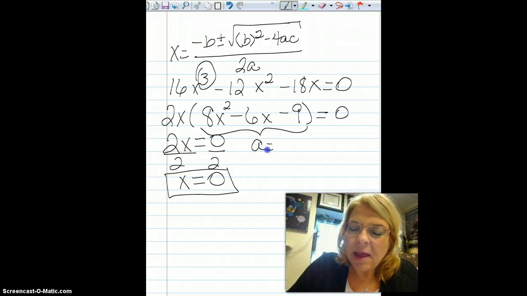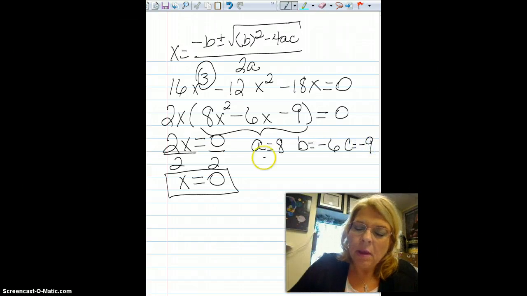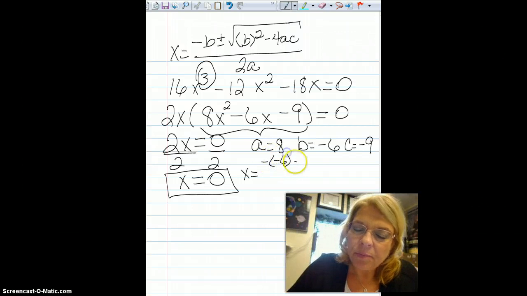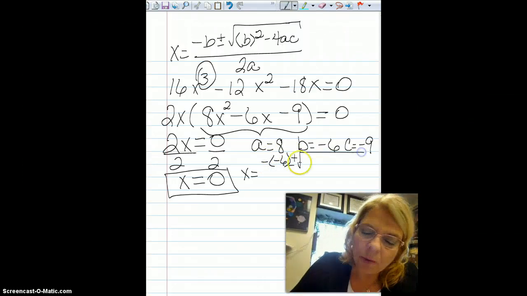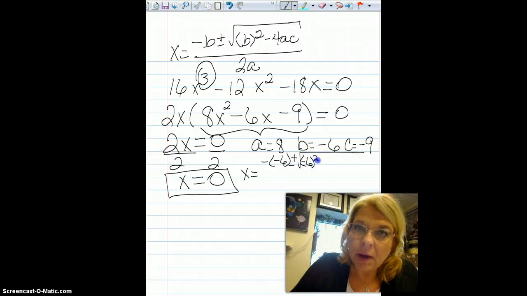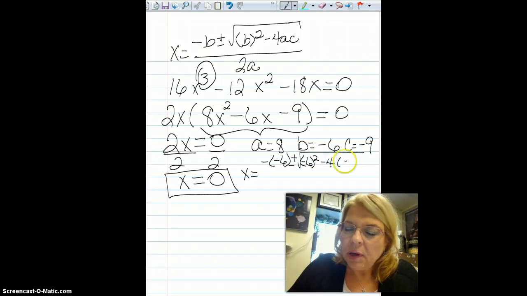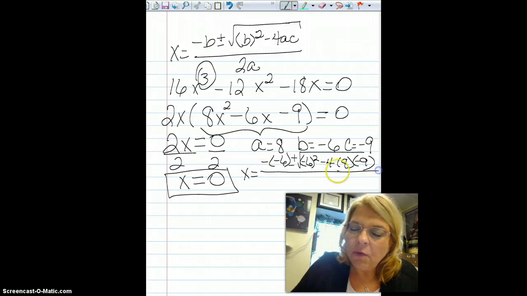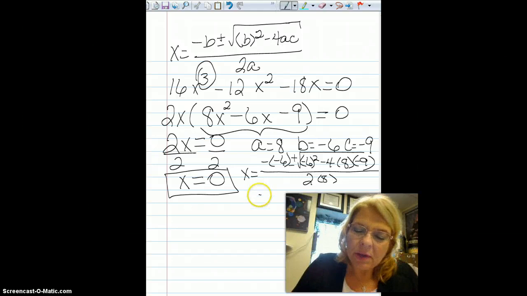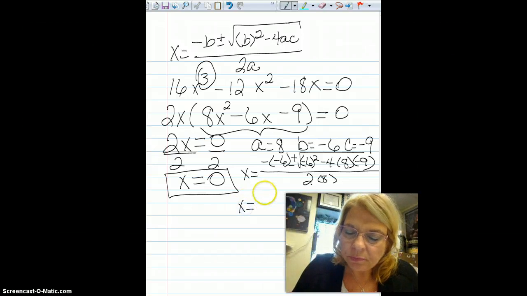In this case, a is 8, b is negative 6, c is negative 9. So I have the opposite of negative 6 plus or minus the square root of negative 6 squared minus 4 times 8 times negative 9 all over 2 times 8. Now when I do this, I get positive 6 plus or minus the square root of